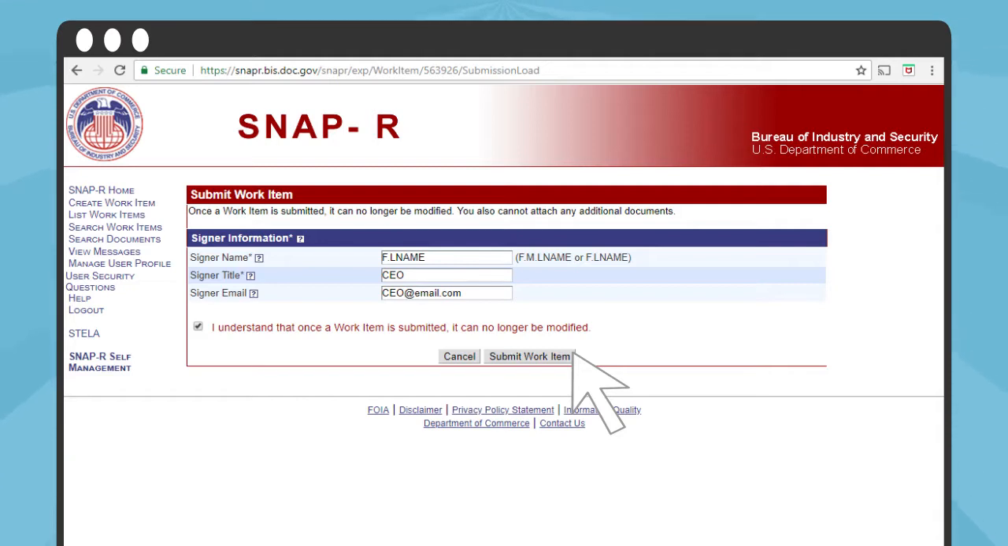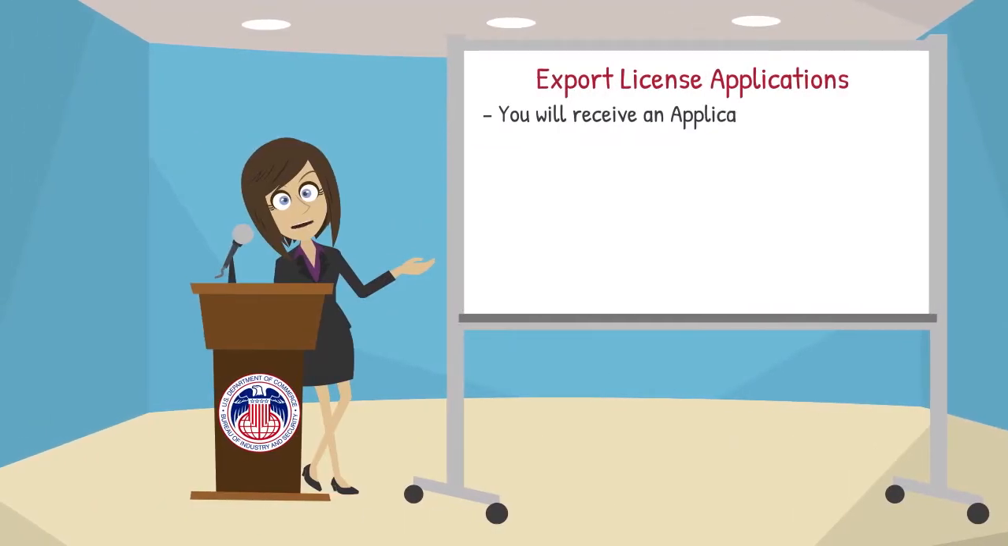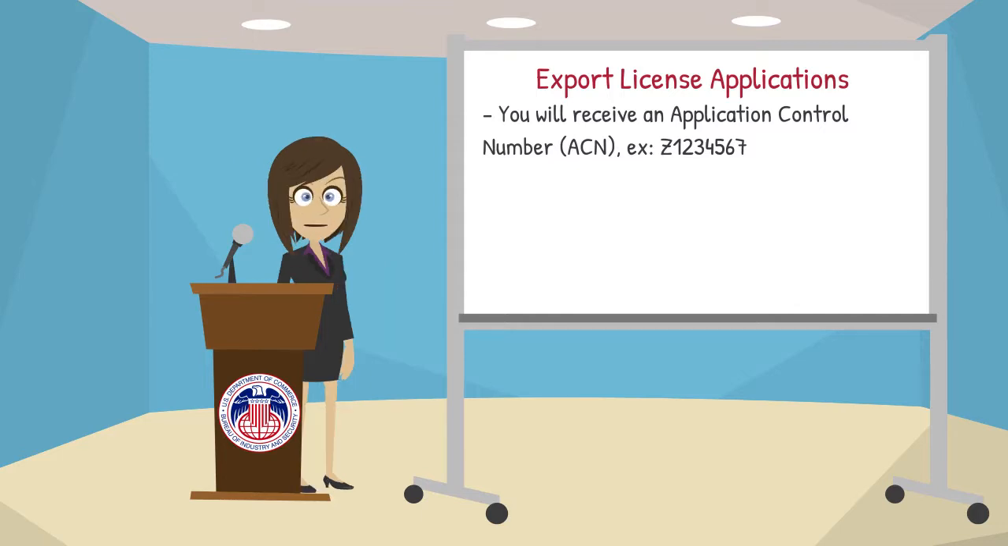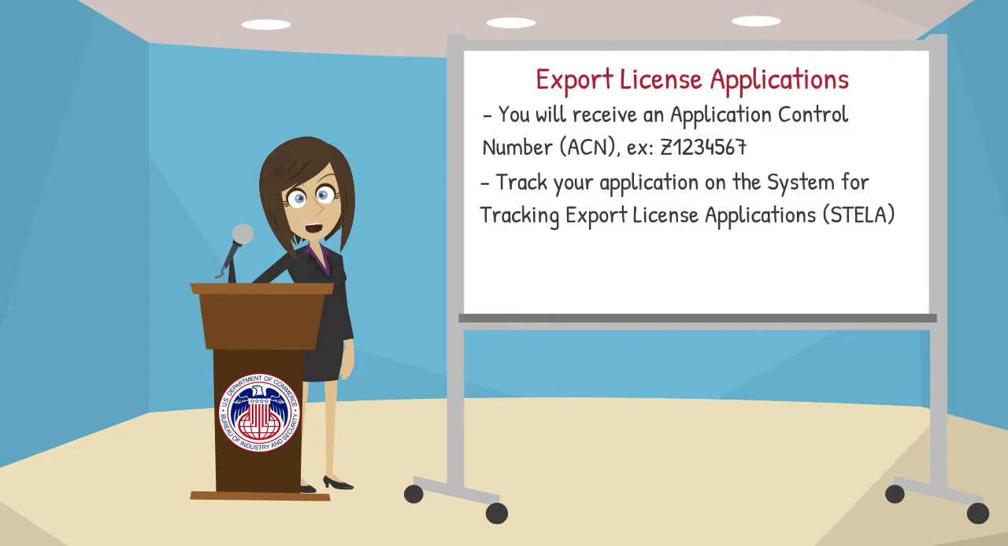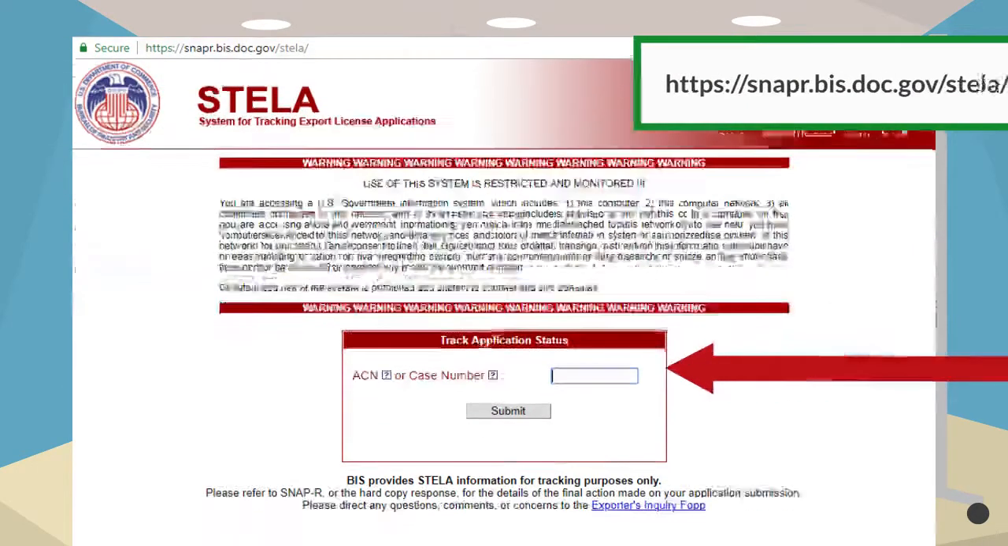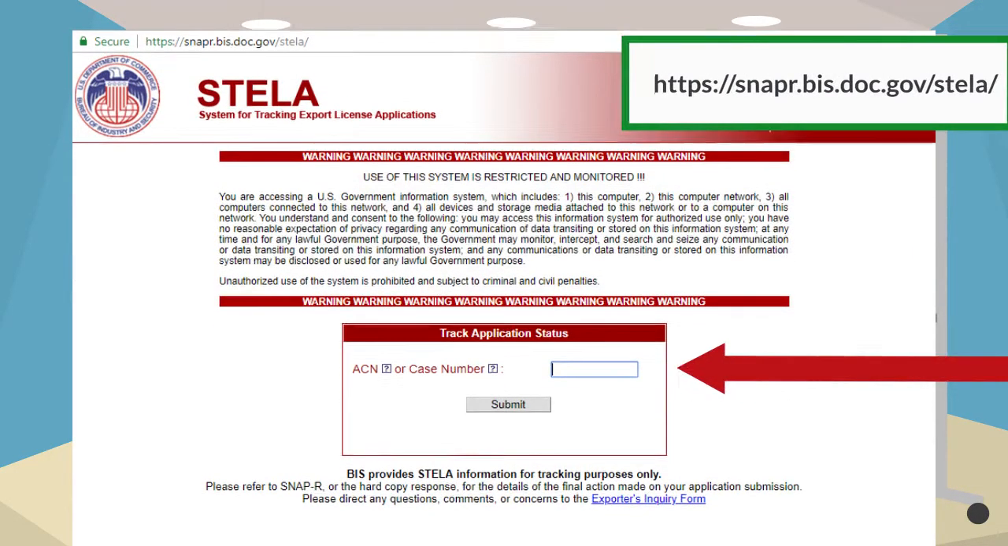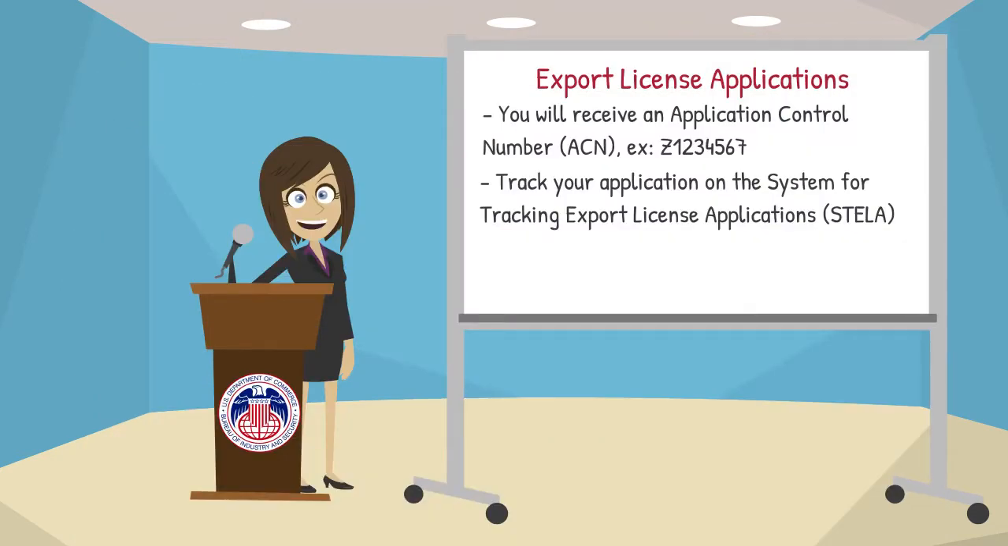A whiteboard appears in the next screen with the female character's dialogue transcribed onto the whiteboard. You will receive an Application Control Number, ACN, when your work item has been successfully registered into the BIS system. An ACN starts with the letter Z followed by a string of numbers. You can check the status of your license application on the System for Tracking Export License Applications, STELA, by entering your ACN in the field provided. The last screen showed the STELA homepage with a green box at the top right with the website's address,